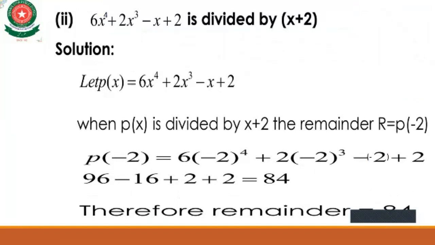What will be the remainder when that is divided by x plus 2? As x plus 2 equals 0, we shift this, then the value of x is equal to minus 2. So putting this value x equal to minus 2 in this polynomial,